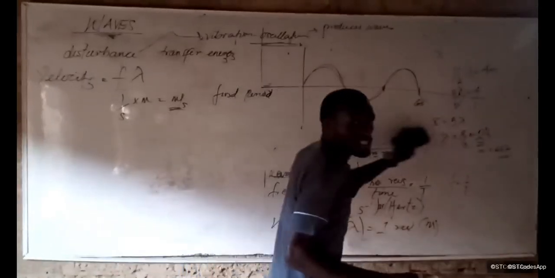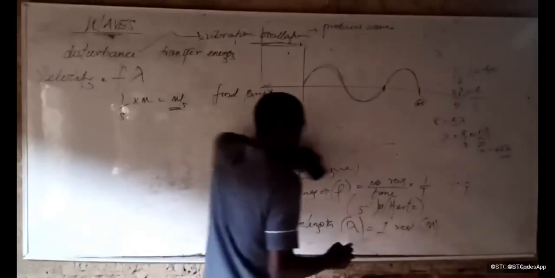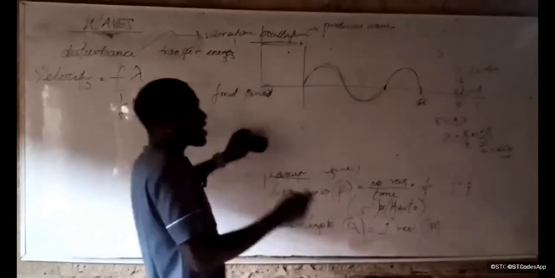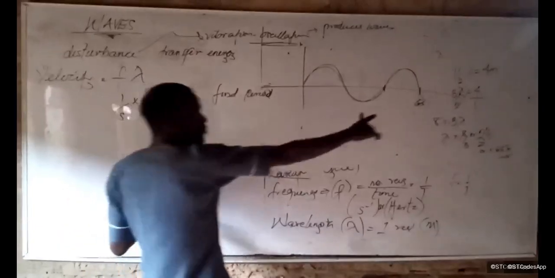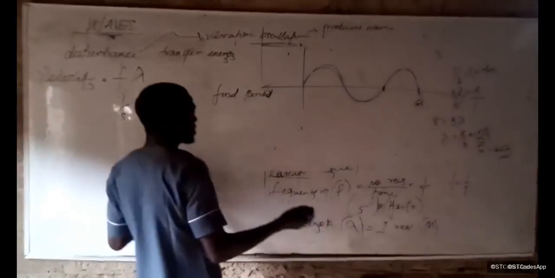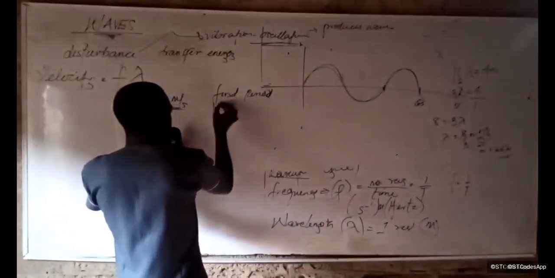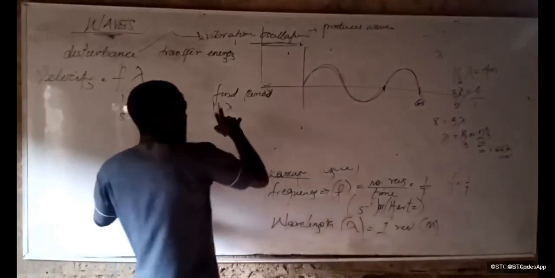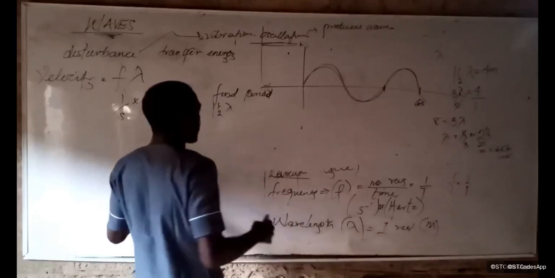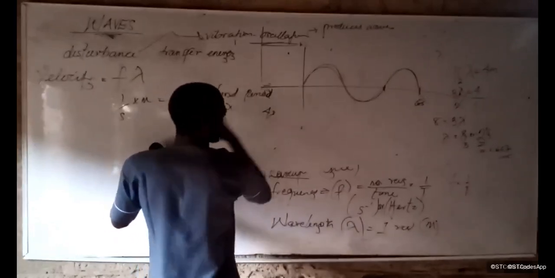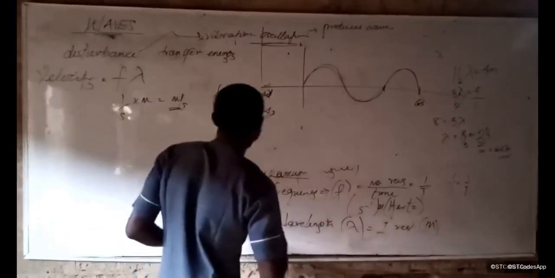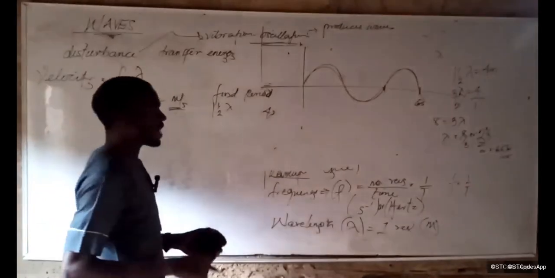Period is the time taken per revolution. So you now ask yourself, how many revolutions do we have here? How many circles? We have 1.5 circles, right? So 1.5 wavelengths is what we have there. So the entire 1.5 wavelength took how much? Took 4 seconds. So how do we find our